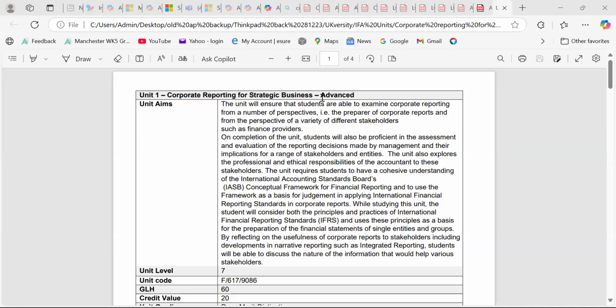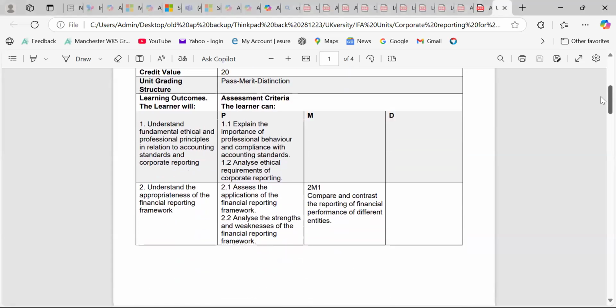First of all, we'll go through the unit specification, what we're supposed to learn over the next few weeks. Corporate reporting is our unit, unit 1. Each week we'll go through one LO, one learning outcome. It is a 20 credit unit. Today our key focus will be on professional ethics, and we'll discuss accounting standards. We'll go through various standards, like IAS 1, International Accounting Standard 1, which is about how we prepare and record financial transactions and how many financial statements we prepare in accounts.